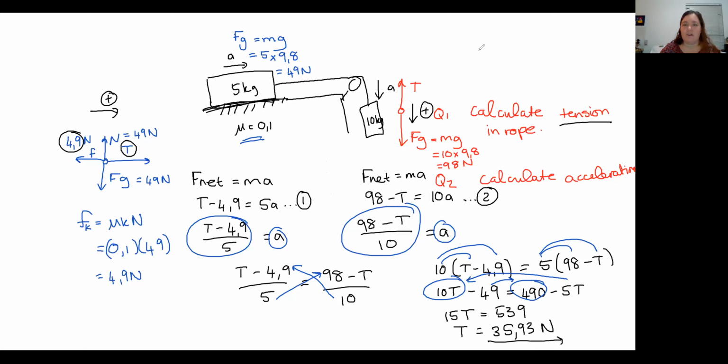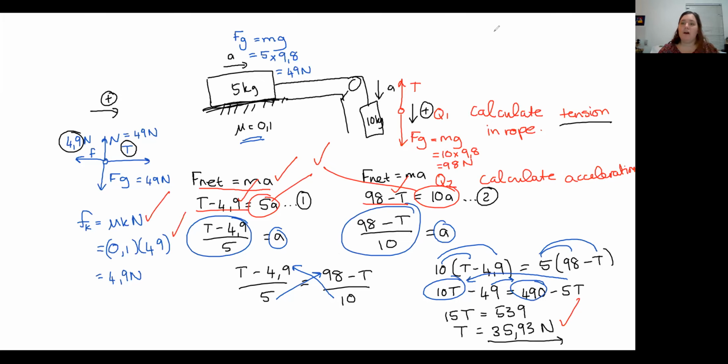Good news is, and this is where the marks are allocated, F net is MA gets a mark. This bit gets a mark. This bit gets a mark. The 10A or the 5A, either one gets a mark. And then from there, your final answer gets a mark. So if you've got everything right except for the last point, you are going to get most of the marks. I think in this case, because there's friction, there's a good chance that there are an additional 2 marks possibly